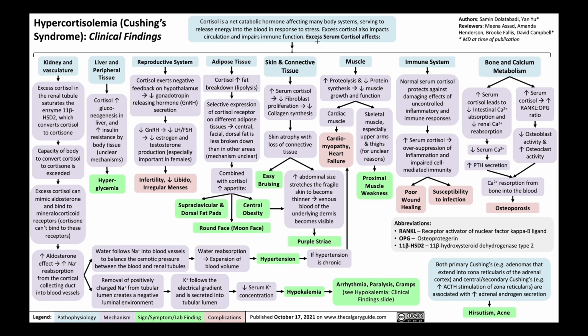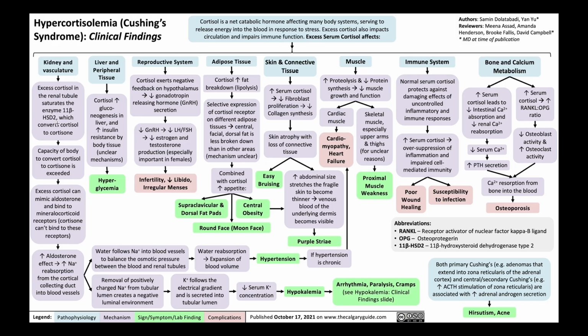So when thinking about excess serum cortisol, we must think about it in terms of the entire body, which consists of the kidney and vasculature, liver and peripheral tissue, reproductive system, adipose tissue, skin and connective tissue, muscle, immune system, and the skeletal system. So let's start off with the effect of excess serum cortisol on the kidneys and the vasculature. Excess cortisol in the renal tubule saturates the enzyme